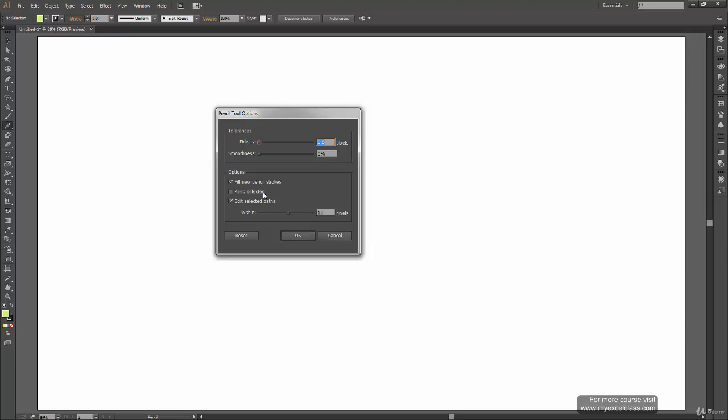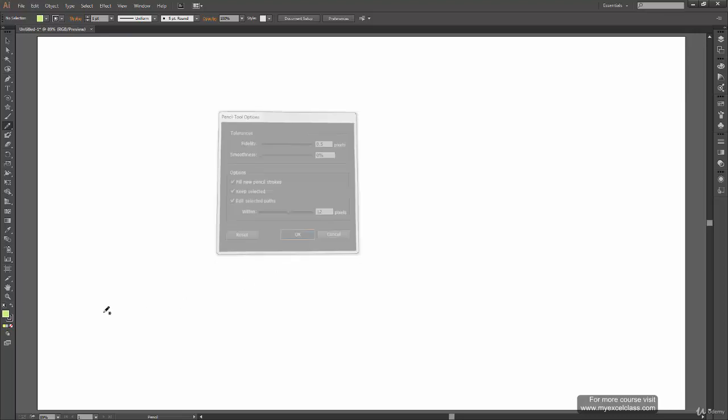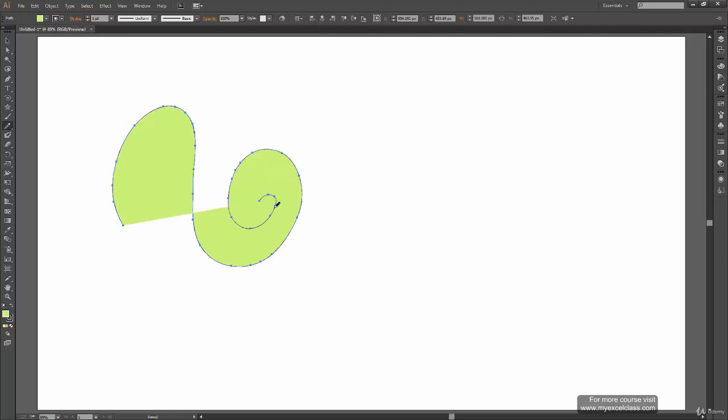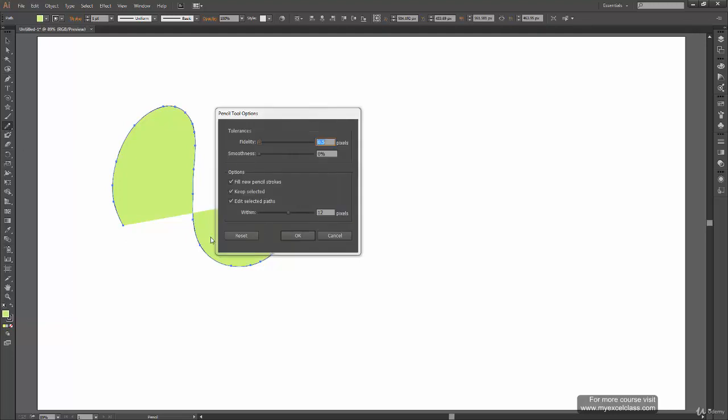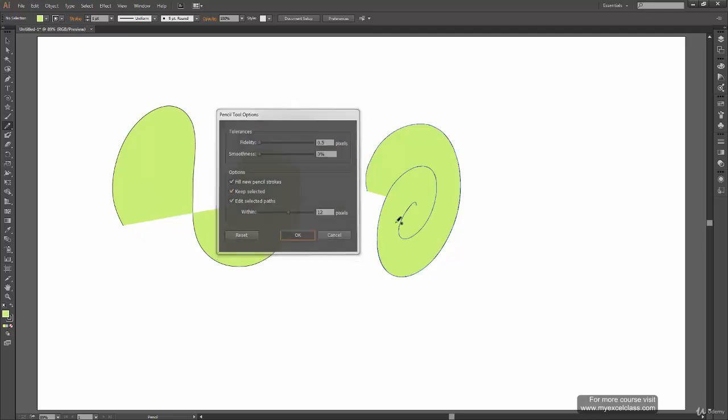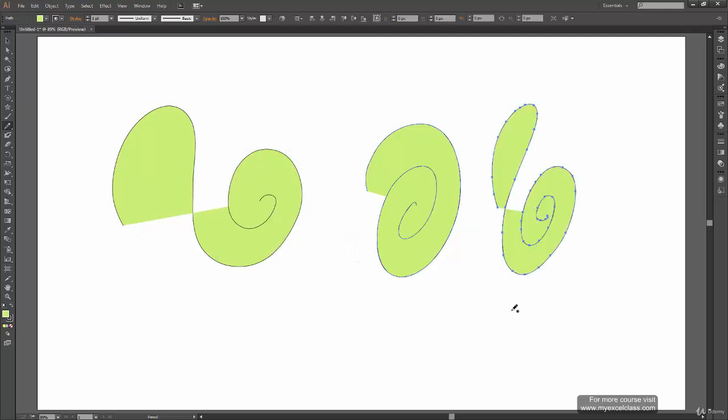The next option we have is keep selected. So what it does is when I check this option and click OK, the newly created strokes are selected by default. Otherwise, when you uncheck this option and draw a shape or stroke, it's not selected by itself. So let's say it again. Keep selected and click OK. So when I draw now, I have my stroke selected by itself. This has some uses, and we will cover how we can use this option.